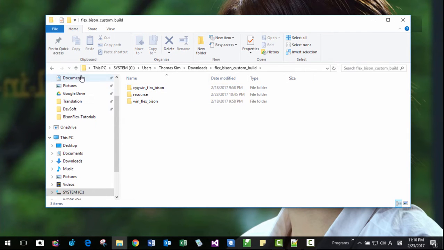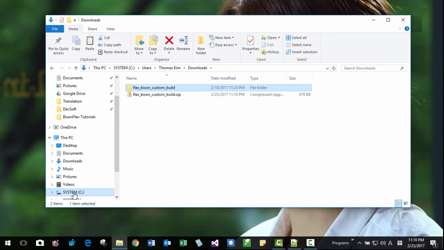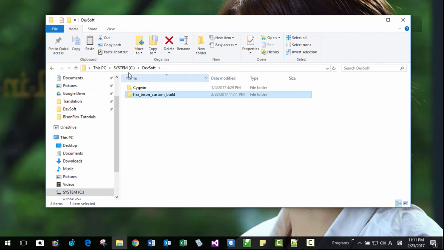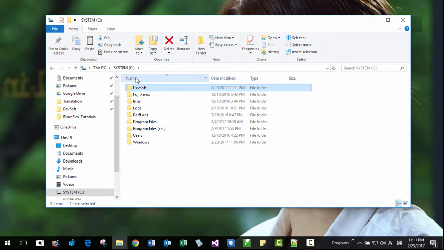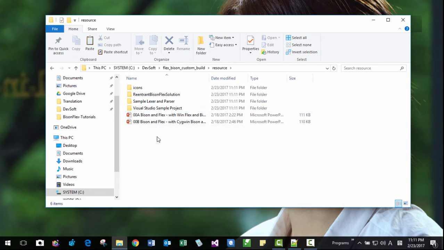Then you can copy and paste this whole file. Copy and move it to the yylex folder. If you do not have this folder in the C drive, create it. Then name it yylex, exactly as it is. Then copy here. It has three folders here. Collect resource. Then copy the Reentrant